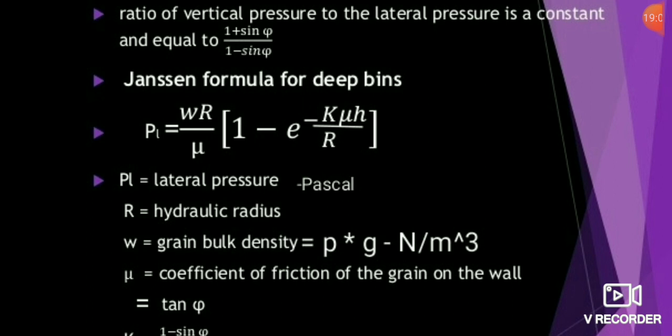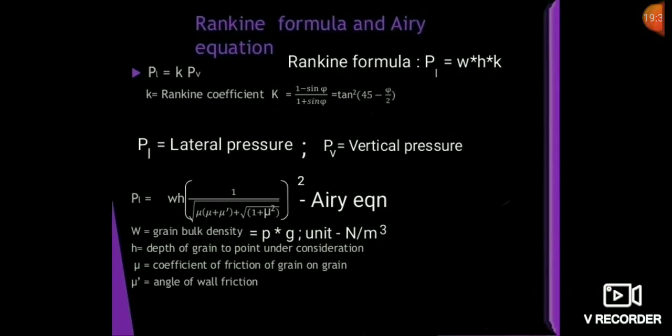Means जो height होती है वो हमारी grain की height होती है, ना कि उस bin की height होती है। आपको इस चीज को समझना है। Means अगर मान लो bin की height 20 मीटर दी हो और उसमें बोला गया हो कि grain 15 मीटर तक भरा हुआ है, तब हमें h वैल्यू 15 मीटर लेनी है, नॉट 20 मीटर। हाइट ग्रेन की हाइट होती है, ना कि बिन की हाइट होती है। इसको आपको क्लियरली समझना है। और सिमिलरली ये रैंकिन्स और एयरी फॉर्मूला में भी जो भी हाइट अपन यूज करेंगे वो ग्रेन की हाइट यूज करेंगे,